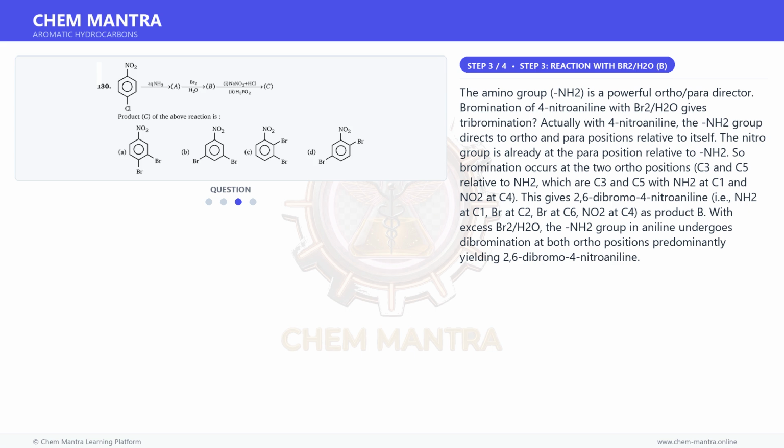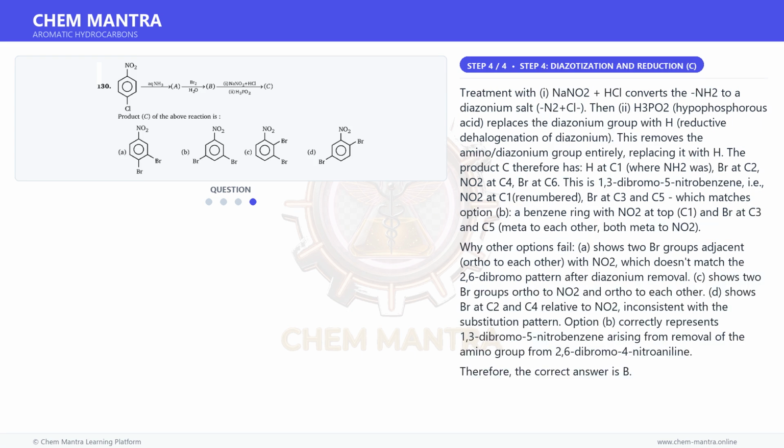This gives 2,6-dibromo-4-nitroaniline, i.e. NH2 at C1, Br at C2, Br at C6, NO2 at C4, as product B. With excess Br2/H2O, the NH2 group in aniline undergoes dibromination at both ortho positions, predominantly yielding 2,6-dibromo-4-nitroaniline. And for the final step, treatment with NaNO2 plus HCl converts the NH2 to a diazonium salt, N2+